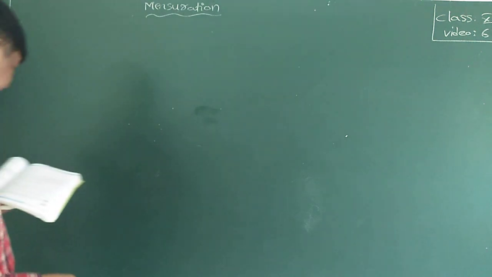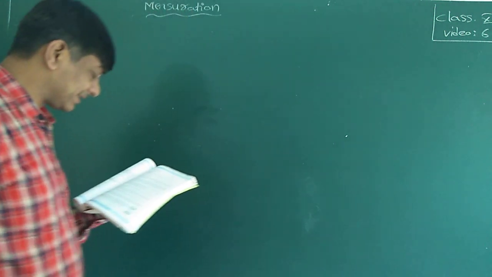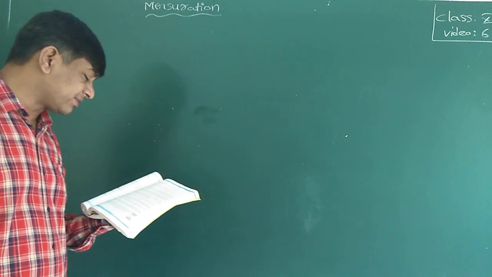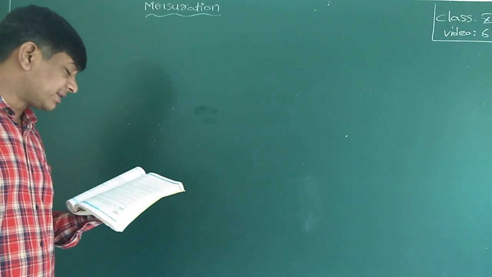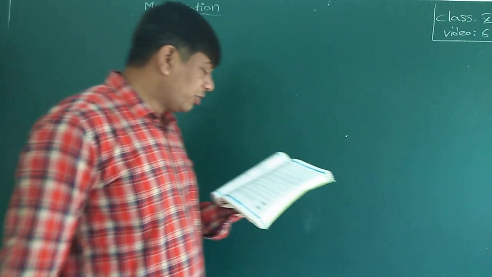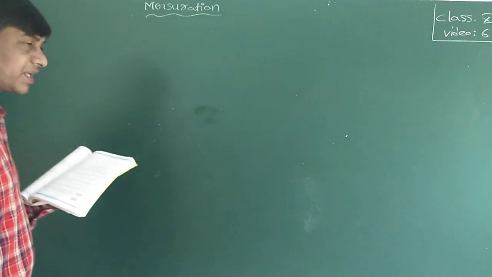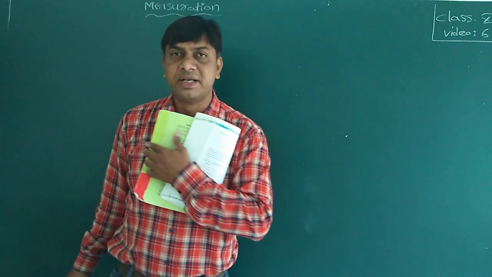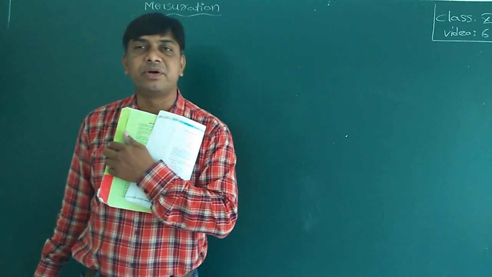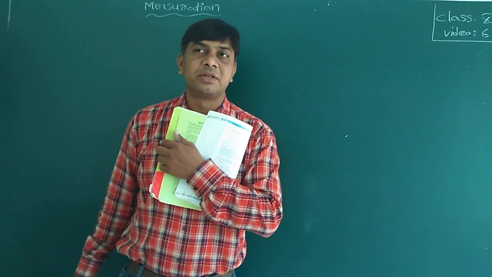A storage tank consisting of a circular cylinder with a hemisphere stuck on either end, same as a capsule problem only. If the external diameter of the cylinder is 1.4 meters and its length is 8 meters, find the cost of painting on the outside at rate of 20 per square meter. Read that question carefully. Cost they may give sometimes as 20 per 100 meter square, 20 per 10 meter square, like that also they may give.